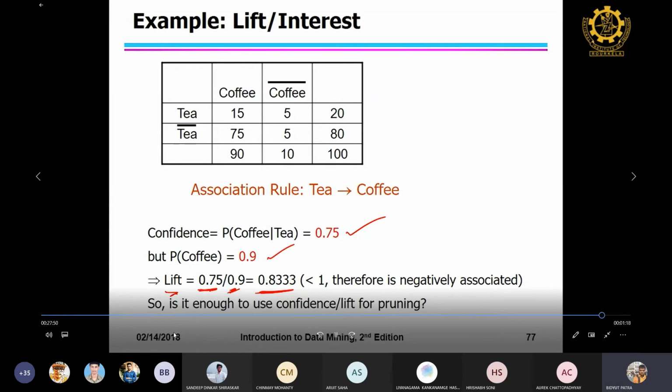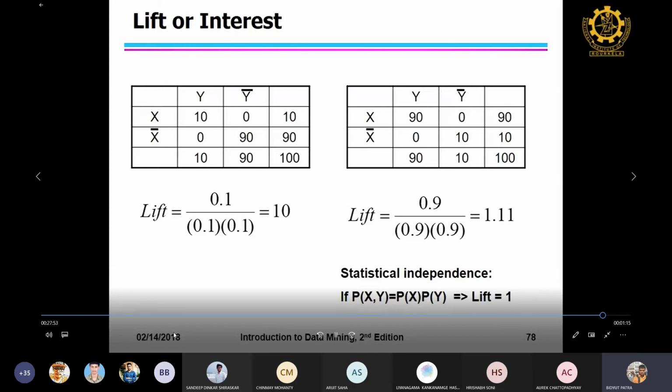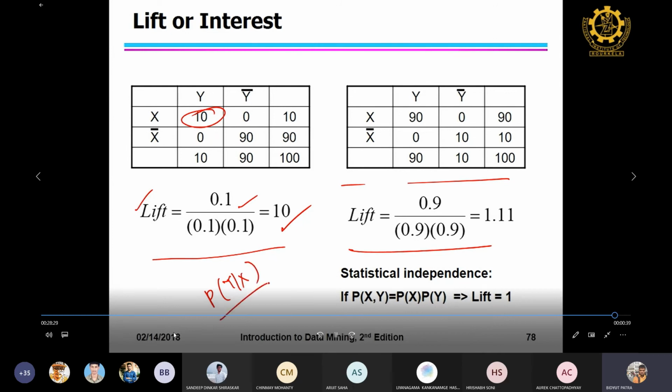So there are many measures. We stop at this point. Lift, how to compute? Obviously, you should know how to compute. This is a contingency table, and you compute lift from here. One thing you see, the lift value can be more than 1, because it is not a probability itself, but it uses probabilities to compute the lift. In this table, we find the lift value is 1.11. Here the lift value is 10. Simply put the formula and you will get it. You have to find the probability of Y given X, and then you find the lift.